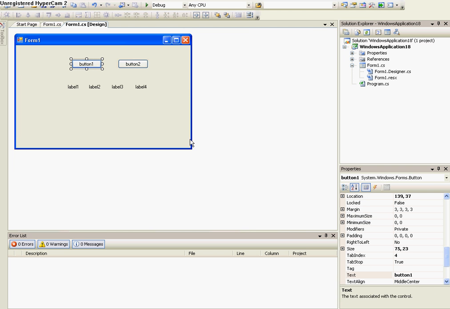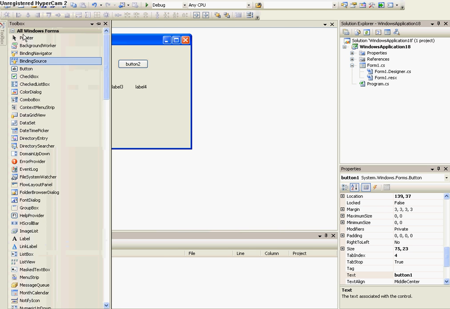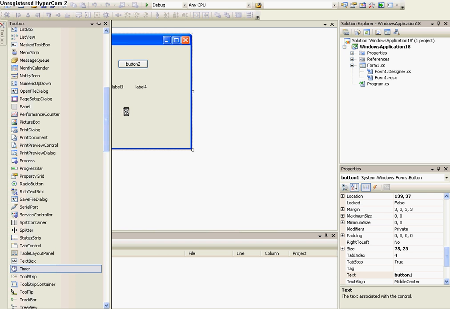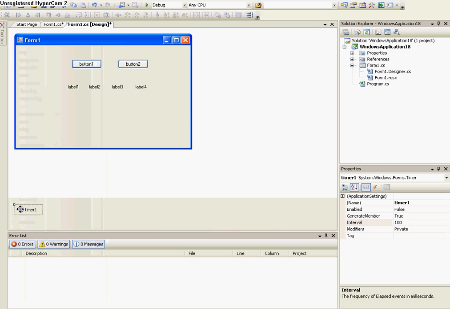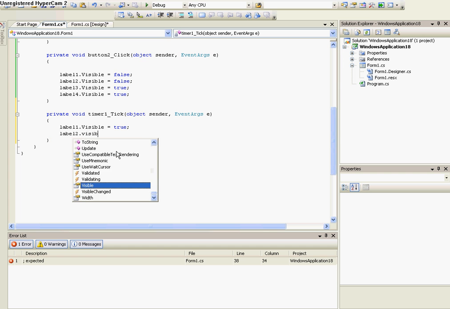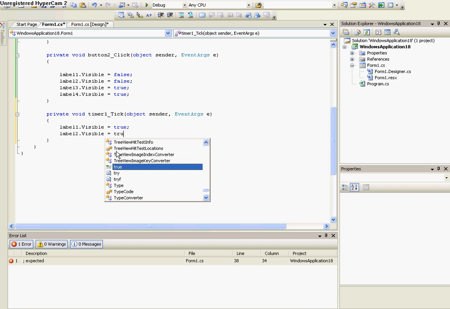Timers are a very big thing, and they can do lots of stuff. I've been able to make animations with them by setting multiple timers to go off at certain times and making an object move. So I want you to place a timer and double click on the timer. So write label1.Visible equals true, and then semicolon. Now do label2.Visible equals true,